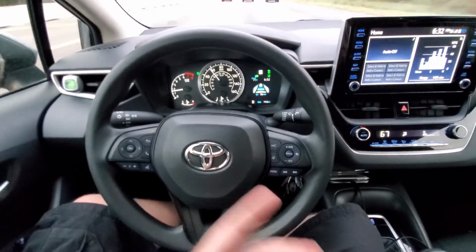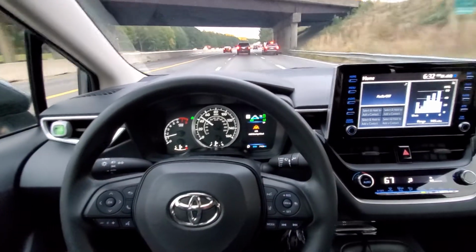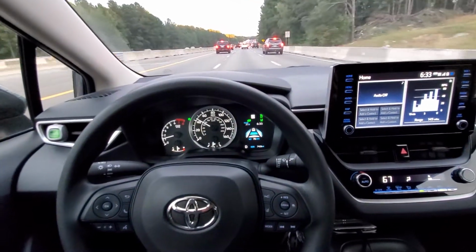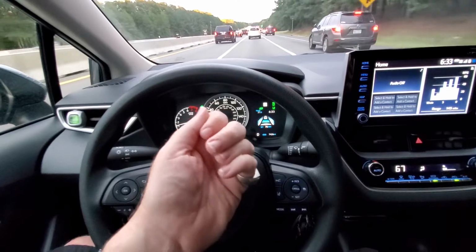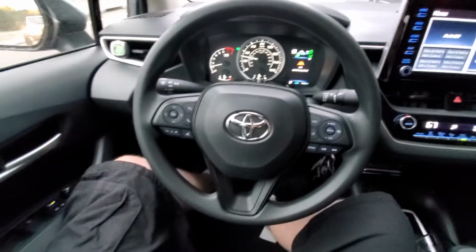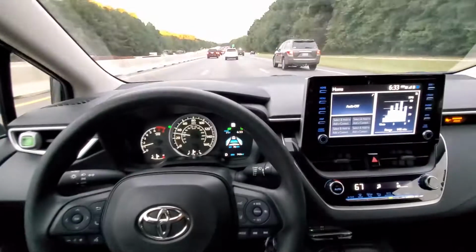If you look at some of the videos I've done on the BMW i3, you can see it's handling the turn just fine. If you've seen some of the videos I've done on the BMW i3 from back in the day, I let that car park itself, and they had the remote for a little while. If you hacked the system, they had the remote thing where you could make it call. It's kind of cool. And now I think they're doing that, I think that system is live on Tesla. But this is kind of cool to see, for you guys that are in those areas where you have bumper to bumper traffic, that you can literally just let the car,